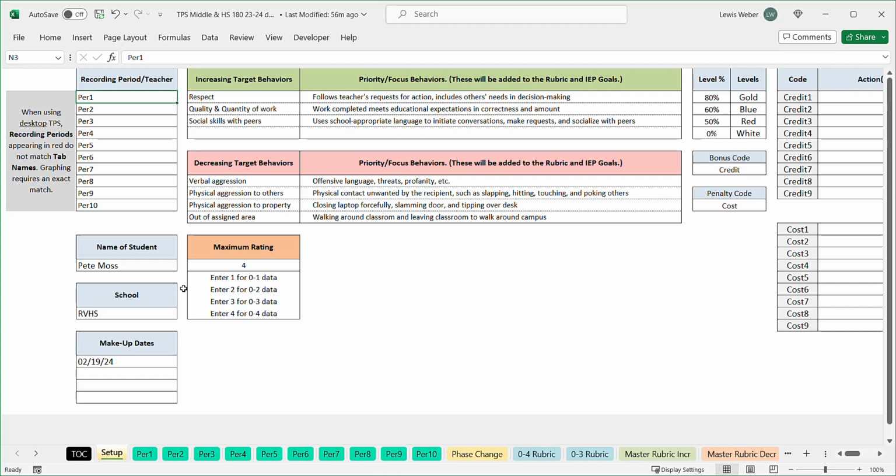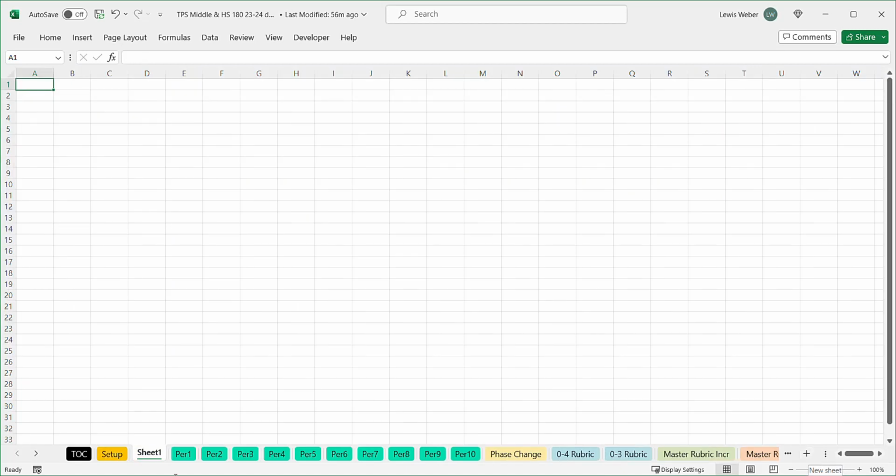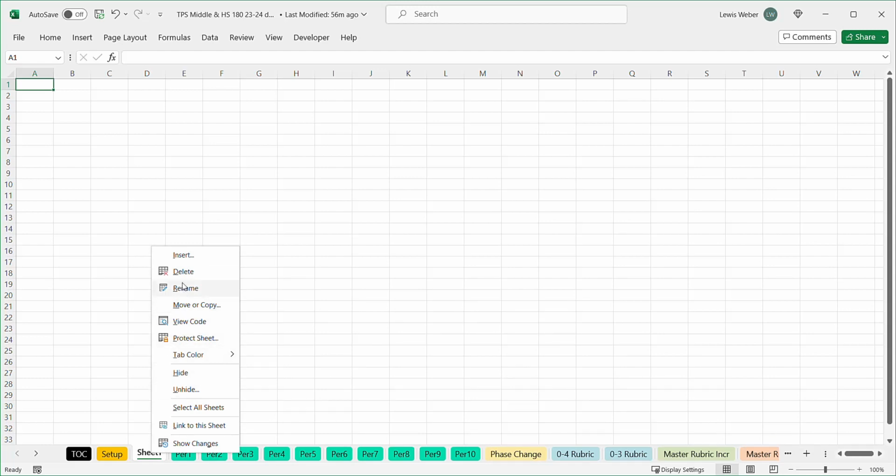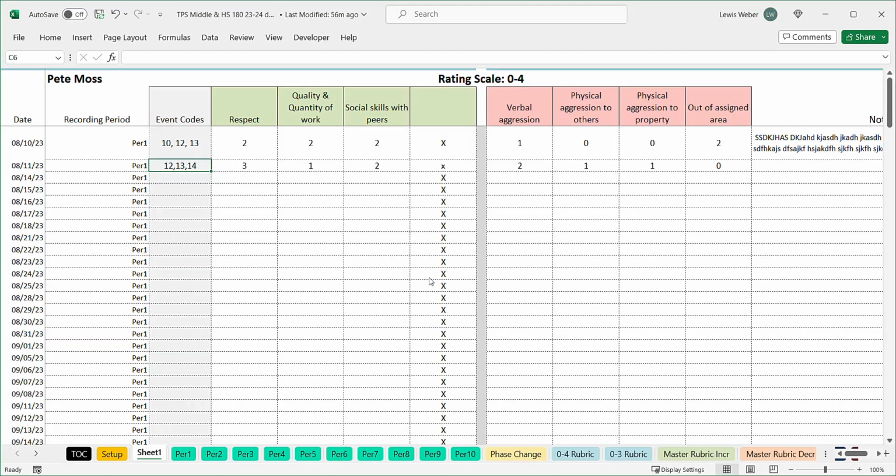Okay. The next housekeeping item is this plus key right here, and if you click on that, which I'm going to do right now, it adds a blank sheet. And you probably have seen that, some of you have seen that in your TPS, where there are these multiple sheets that are added that don't have anything in it. And so that's what that plus does. And the reason it does that, I'm going to get rid of it. The reason it does that is because